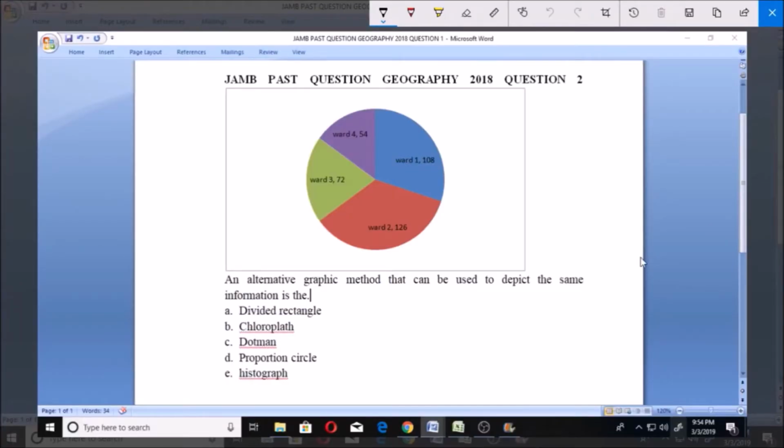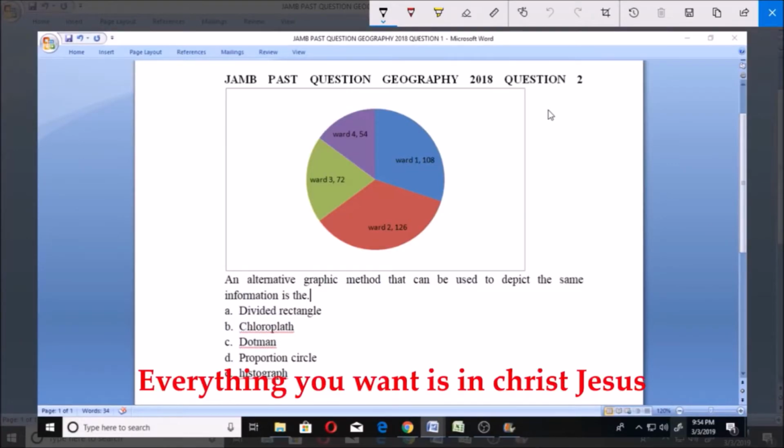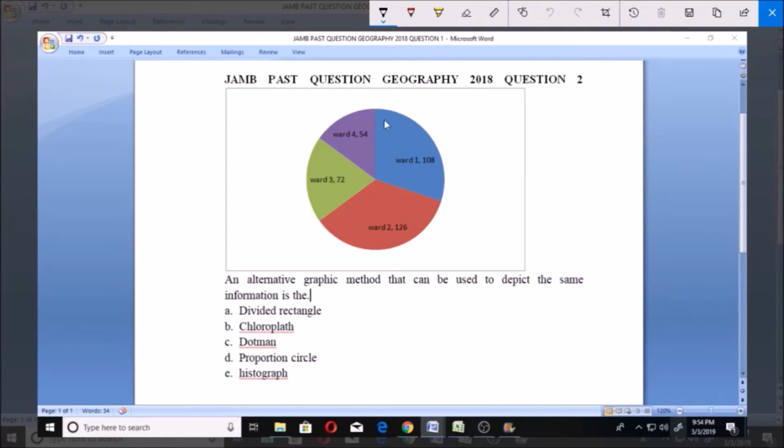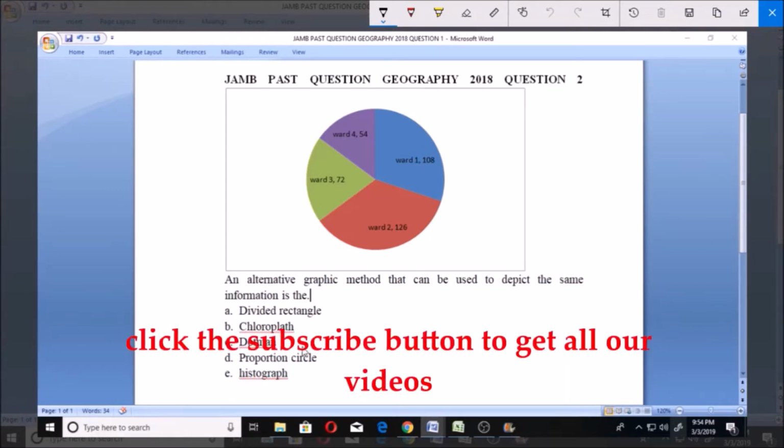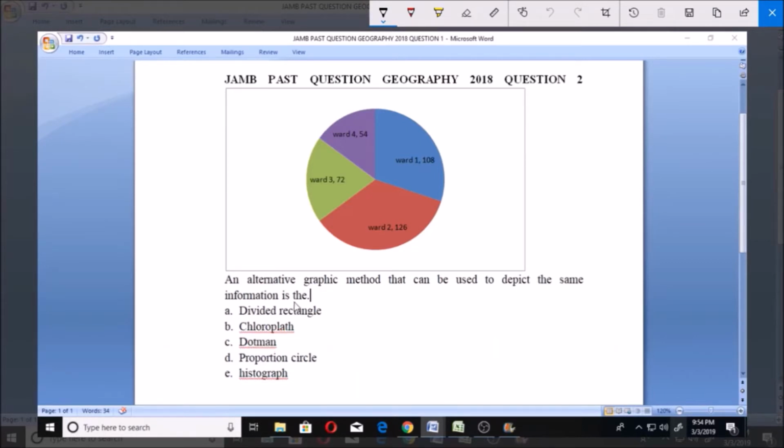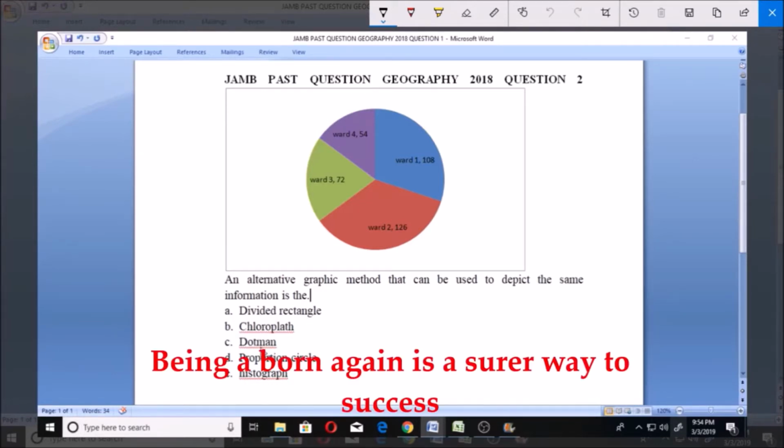Yes, welcome. Let's look at question number 2 of the JAMB past question Geography 2018. We are using this diagram to answer question number 2. An alternative graphic method that can be used to depict the same information is the: A, divided rectangle; B, choropleth; C, dot map; D, proportional circle; E,